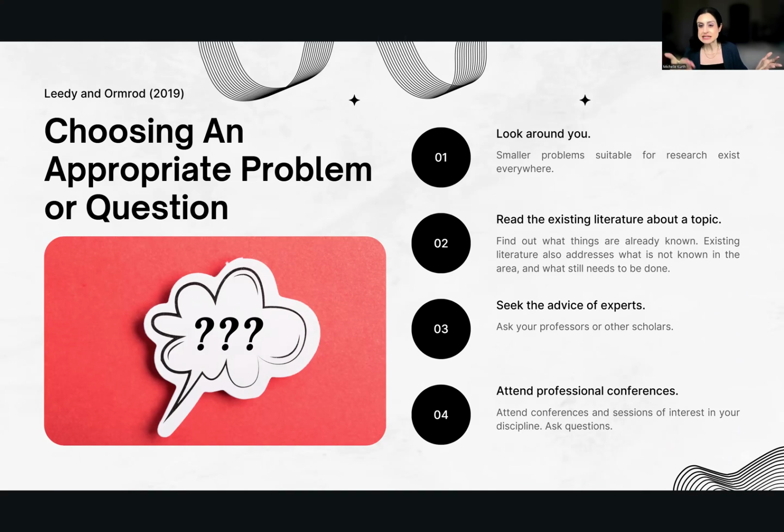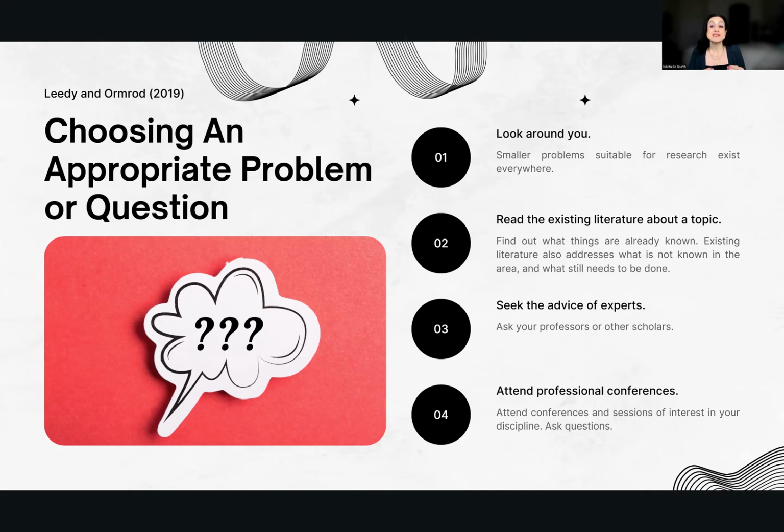I'll use that as an example a little bit throughout this, so hopefully can provide some additional context, but read the existing literature about the topic that you're interested in. Find out what is known about it. And what we know about it is what the researchers are continuing to find out as each study comes out on that topic. The other thing to know about reading the existing literature about a topic is that researchers will